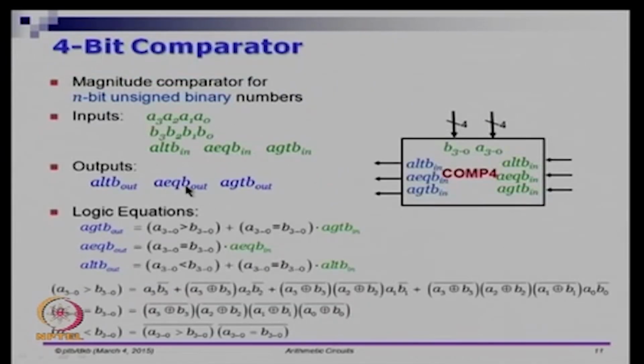So, a 4-bit comparator is a more general circuit. This general circuit actually can give you 3 outputs: whether A is less than B, A is equal to B, or A is greater than B. This is something that you did in your Verilog assignment also. So, probably you did it in a very different way, but here I am showing you how to do it in a structural way. If I have 2 4-bit numbers A and B and I want to compare them,